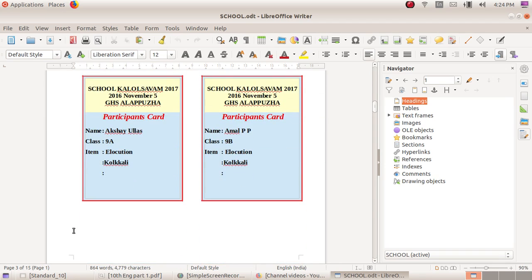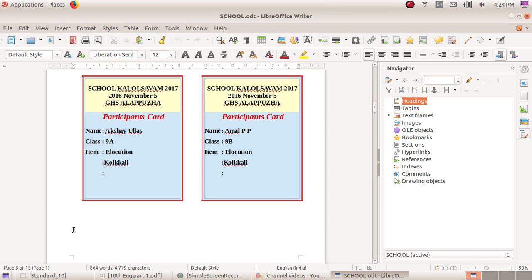This file consists of 15 pages. In a single page there are 4 participant cards, so in 15 pages there are 60 participant cards.